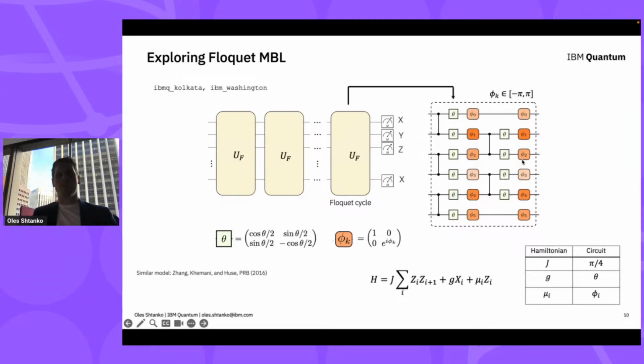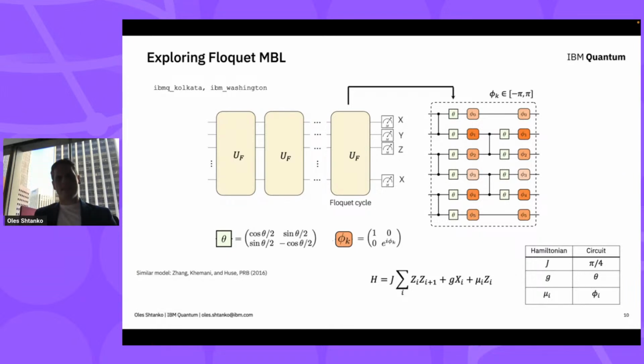And why are we interested in this particular circuit instead of the Hamiltonian? Well, because it's much easier to implement with our hardware, right? We know that IBM has native CNOT gates, and you can easily convert a CNOT gate to a Control-Z gate. So you can just run more gates on your device, which means a deeper circuit, and that is very beneficial.